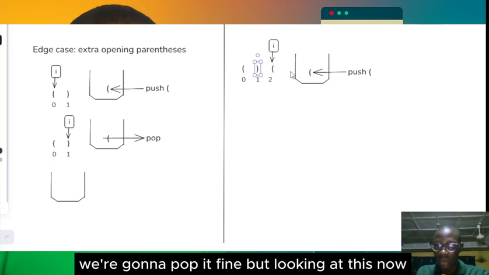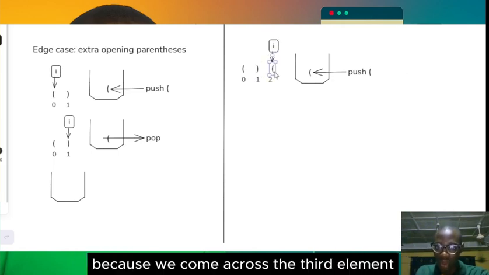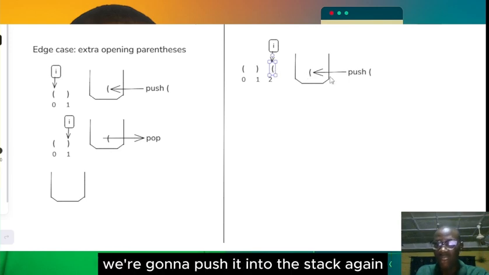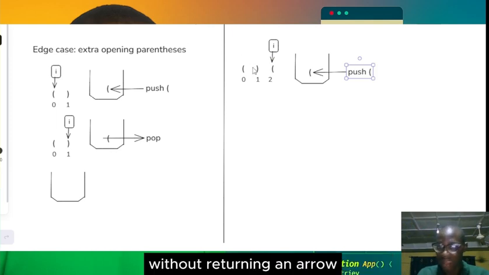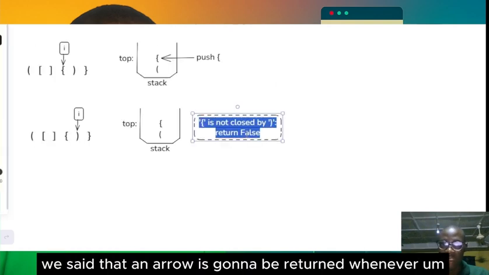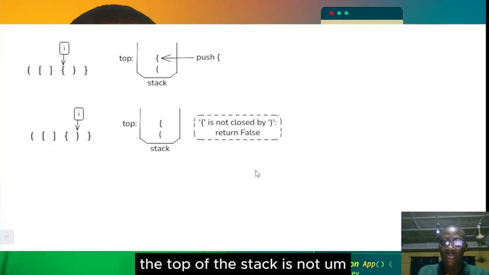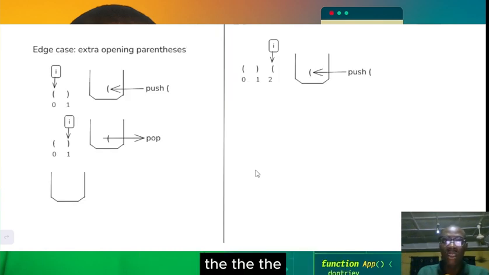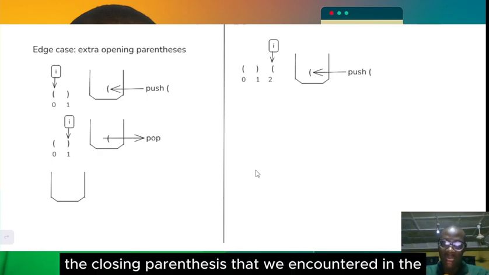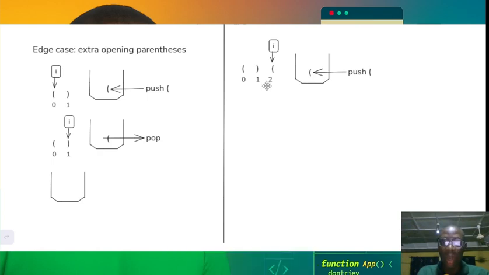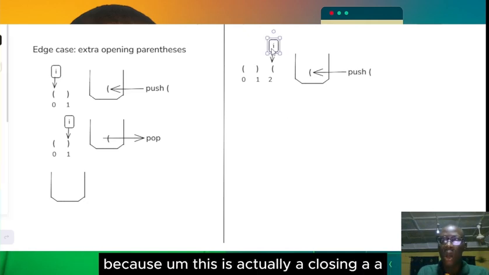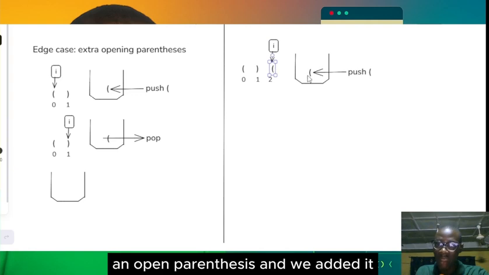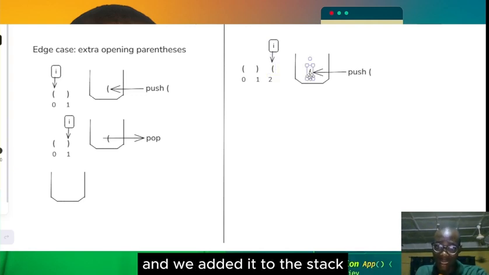Fine, but looking at this now, we are going to push again because we come across the third element, which is an opening parenthesis. We push it into the stack again, and in that situation we loop out without returning an error. Don't forget, so far we said that an error is returned whenever the top of the stack is not the opening parenthesis matching the closing parenthesis that we encountered in the iteration. But in this situation, we're not going to have any false returned. Why? Because this is an opening parenthesis, and we added it to the stack, so no error